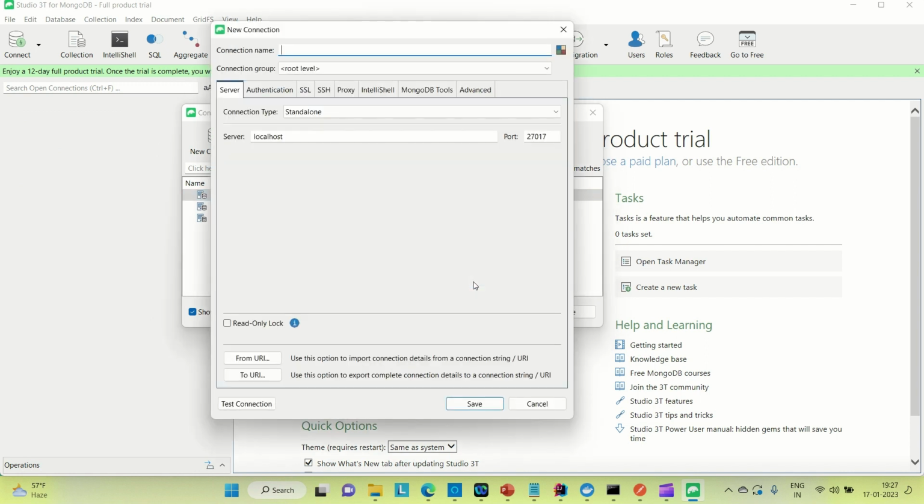Next, if you don't know how you can install and connect the Studio 3D with the MongoDB, I already have the videos on my channel. You can watch it out. So let's say I'm going to name this connection as Docker Compose. Okay, and the server is,